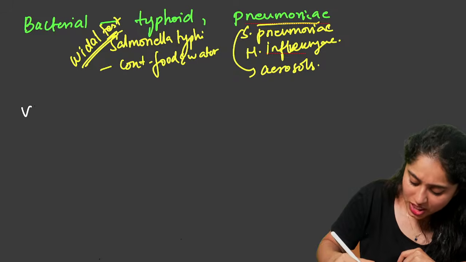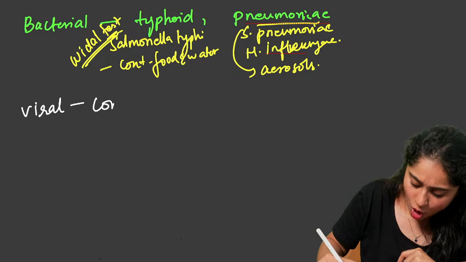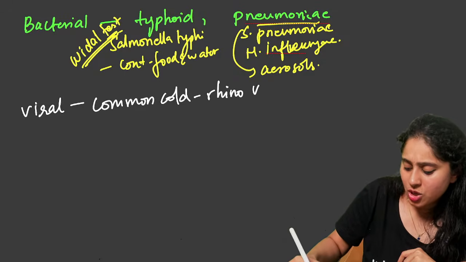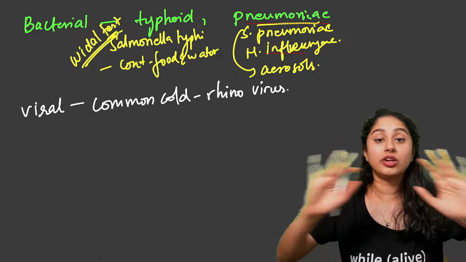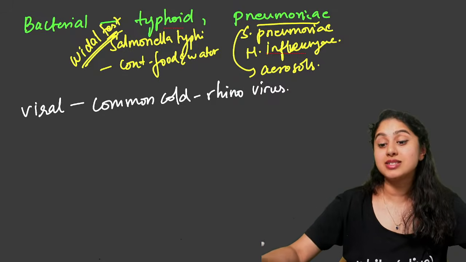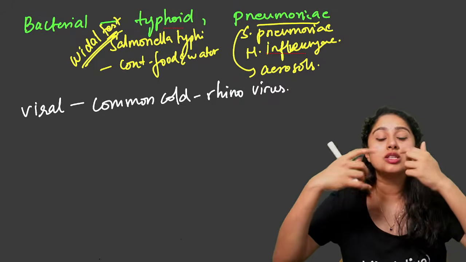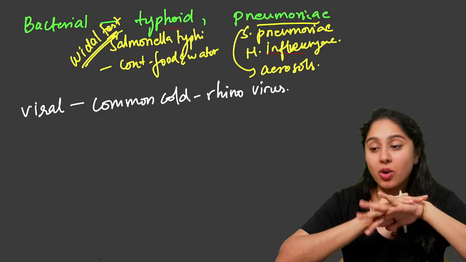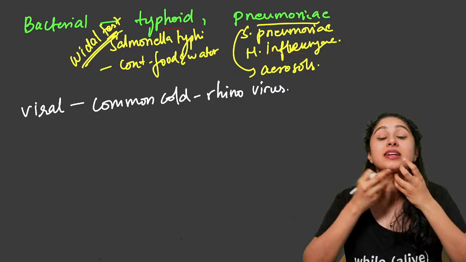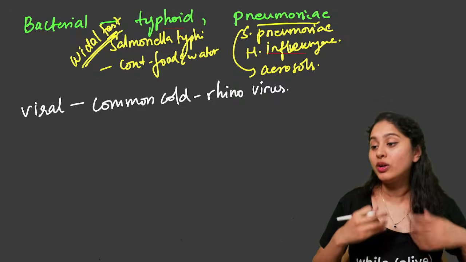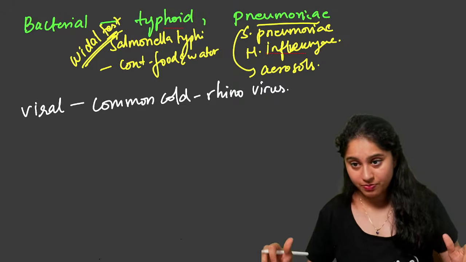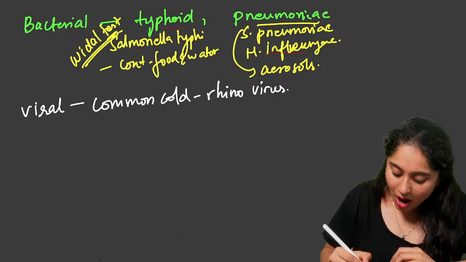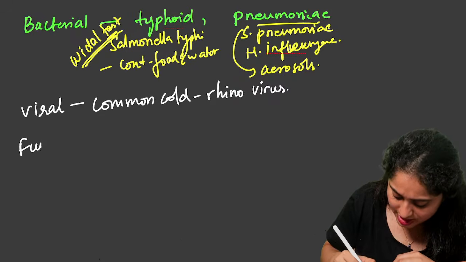Okay, now next we will look into the viral disease, common cold. Okay, and this is caused by a rhinovirus. I'm pretty sure nobody is there who has not gotten a common cold. So this virus sits inside, it mutates, it will cause a lot of running nose, sore throat, mild fever, headache, sinus issues, and all of these things. But it only affects the upper respiratory tract. It will not go into the lungs. Okay, so your common cold is not pneumonia. Remember that.